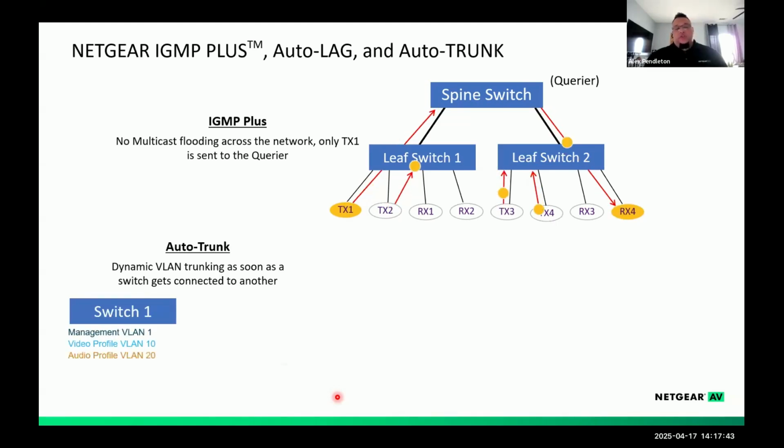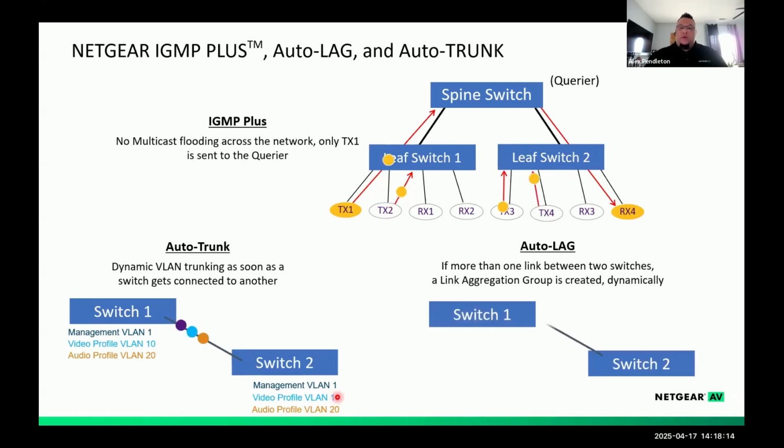Out of the box, our switches will, if you connect them together, trunk those VLANs and the different AV profiles that you have connected on each switch across that link to make sure that they're maintained as they communicate. So this allows you to create a video profile or audio profile or lighting profile, and you can connect the different endpoints that do the different things into their own domains, and then it'll be preserved switch to switch so that you don't have to do any configuration except out of the box.